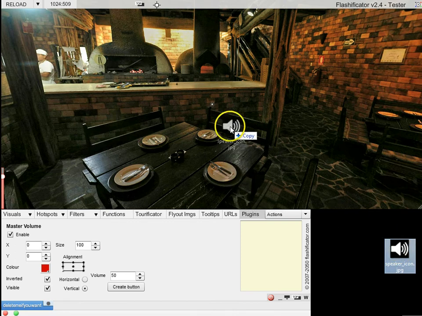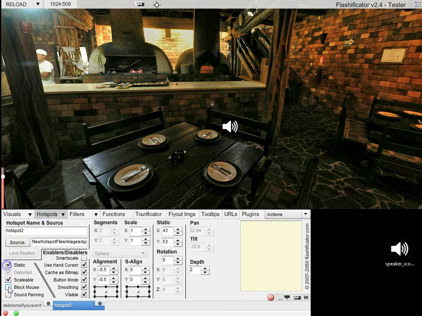I can take this speaker icon here, make it static and non-scalable, and have that in the lower left corner. I have to put those values to 0, and then I will move it a bit out away from the slider. This icon here is now just a JPG image, but I can make it control the sound